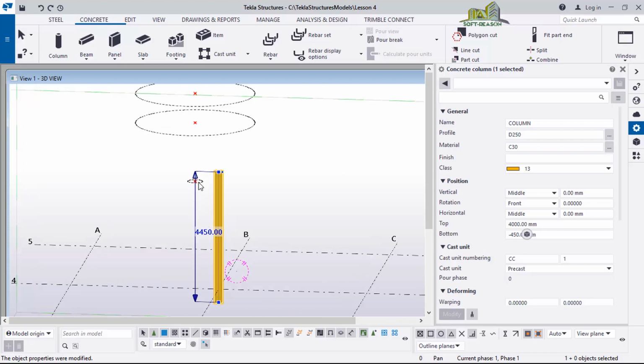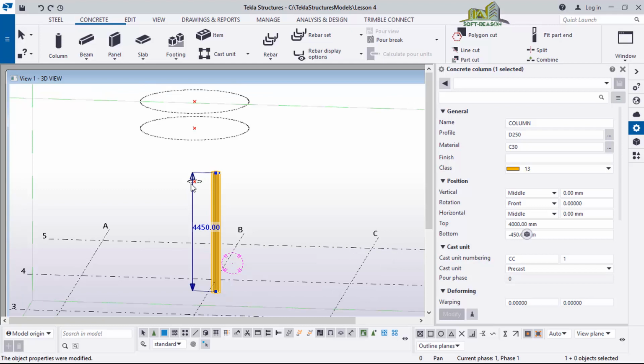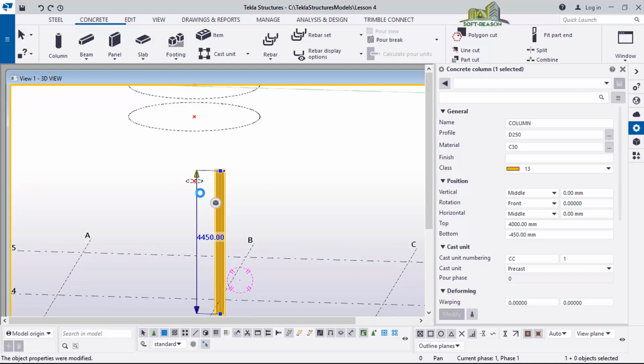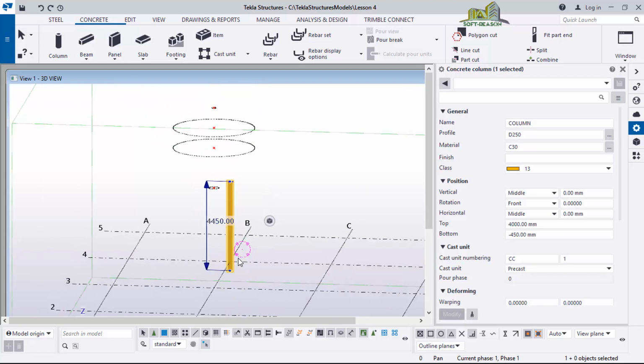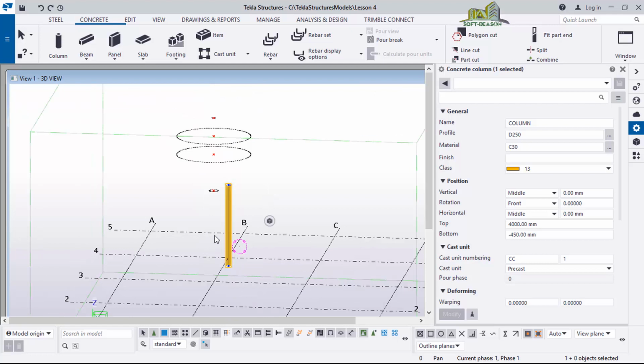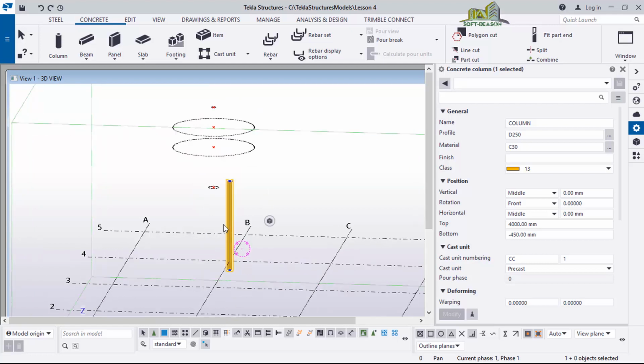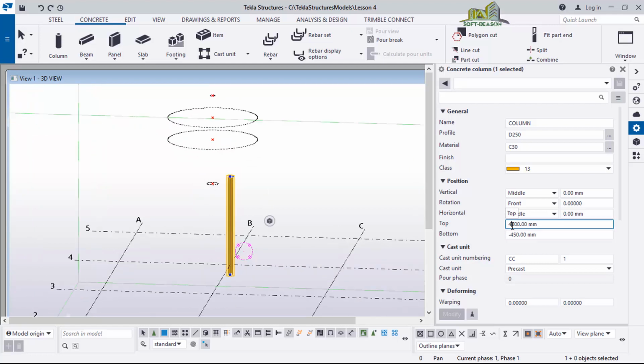I wanted to have this height, the height of this circle. If I select this circle, let me reduce it again. I want to reduce it again to 3 meters.